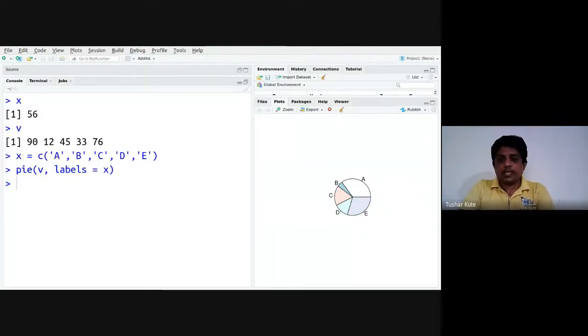And many more properties are there that we can apply. Just like the function syntax I have shown, it contains many different properties that we can use. So 90 is A, the highest share is from A. Then 12 is B, then C, D, E, like that. So a pie chart will show you the perfect share of the whole data at a time. So like this, it's possible to visualize and view.